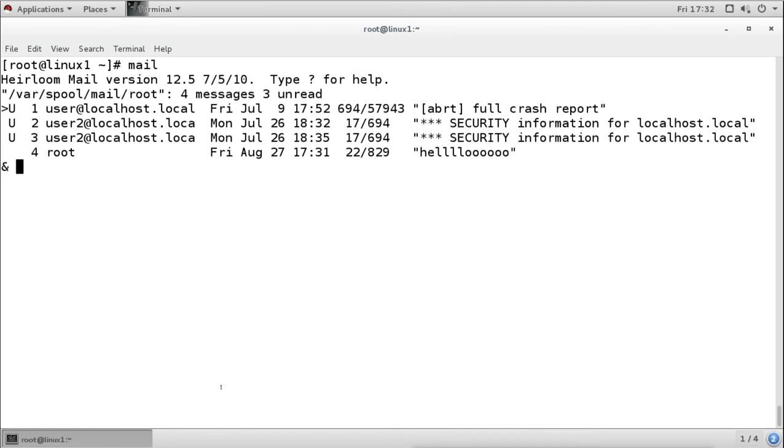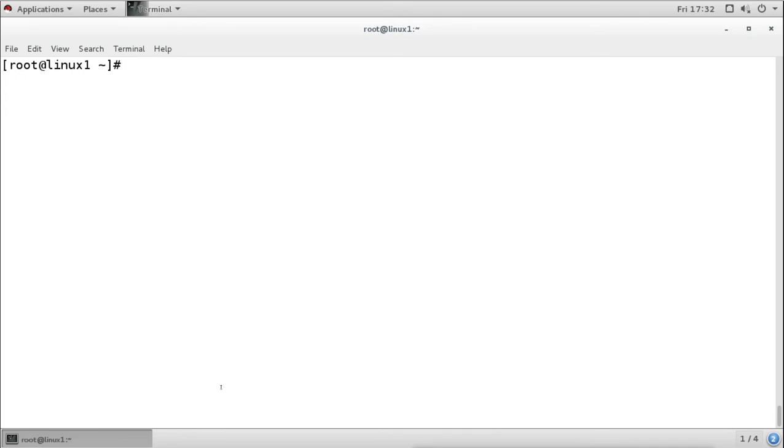Like this is the command line mail client, and if we want to use another command line mail client which is a little better than this, there is another tool which is available by default in our Linux installation DVD. It is called Mutt. This is also a client tool which we can use to send and receive mails. Now if you check this, it is saying no command is there because we have to install the package. The package for Mutt is not installed, so it is not available. So if we want to use this mail client, we have to install the package, and the package name is Mutt.